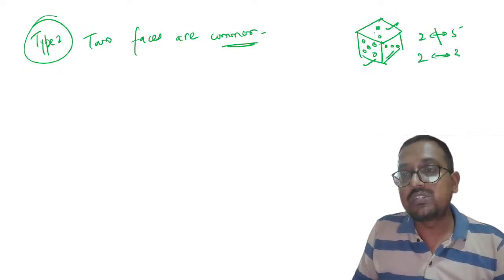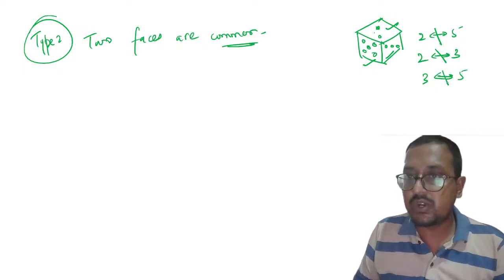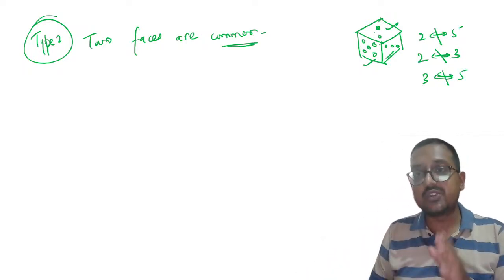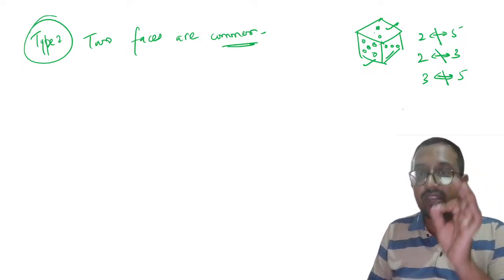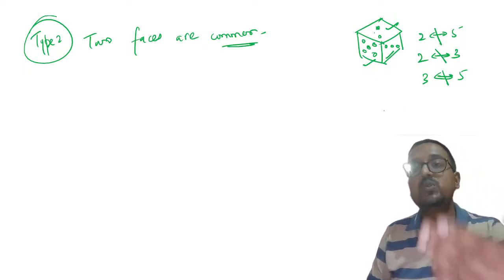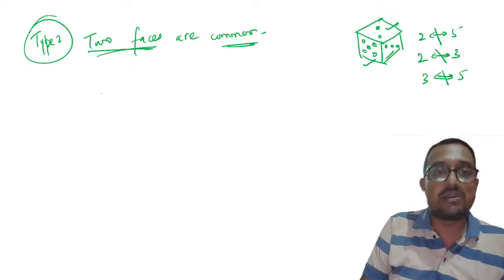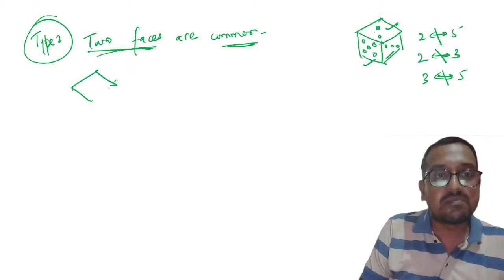2 can never be opposite to 3. 3 can never be opposite to 5. Understood? 5 can never be opposite to 3. Clear? So please make sure that you are keeping this thing in mind. This is very, very much important, and it will help you in solving other questions as well. Understood? 2 faces are common. That means this configuration will look something like